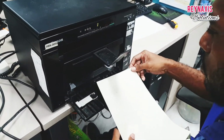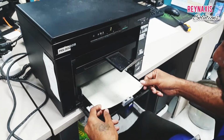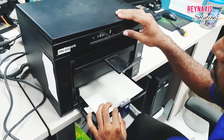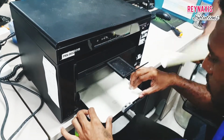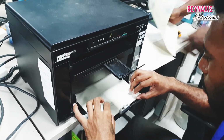Now I asked the boys to work on this one. So Elijah and Benjamin will be working on this. And I asked them to test it first before working on it. So what we're trying to do here is that we're going to test its photocopy function, see if the paper